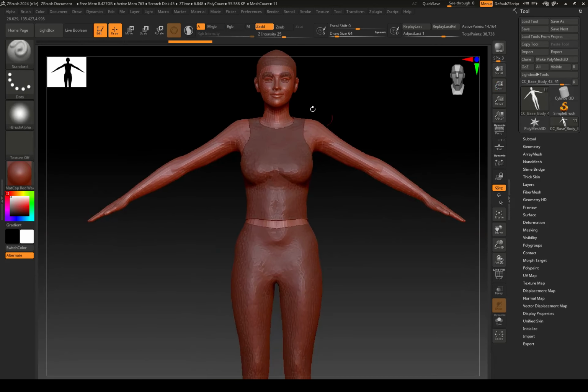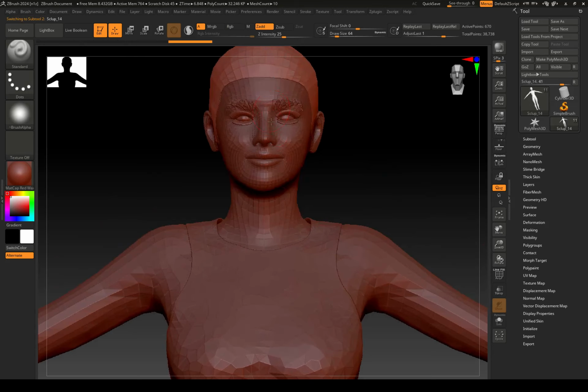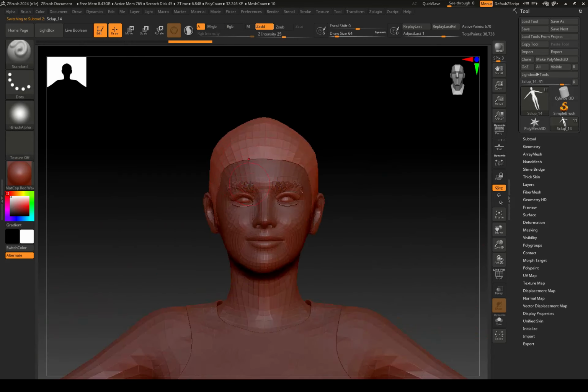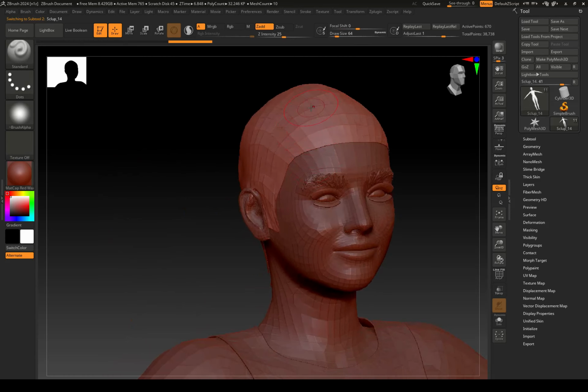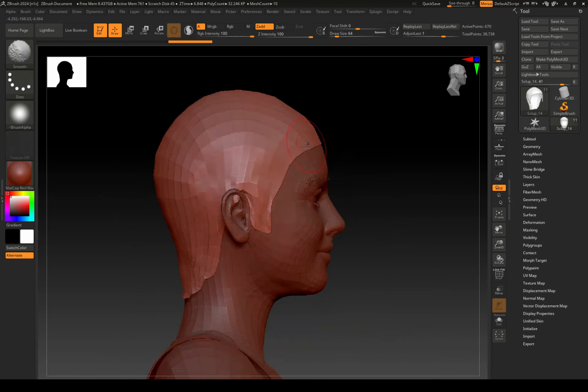Just hold down the Alt key and tap on your character's sculpted area so we can select it and we can zoom it. We also need to enable the symmetry. For this we have to press the X key. We also have to subdivide our sculpted mesh by hitting Ctrl D,